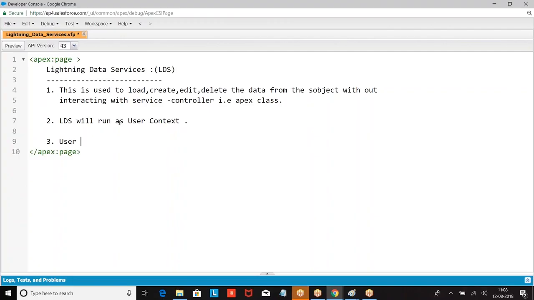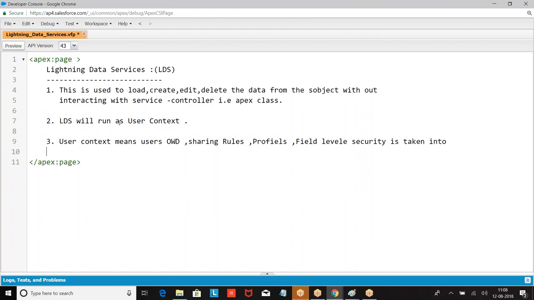User context means the user's OWD security is taken into consideration while performing the operation.